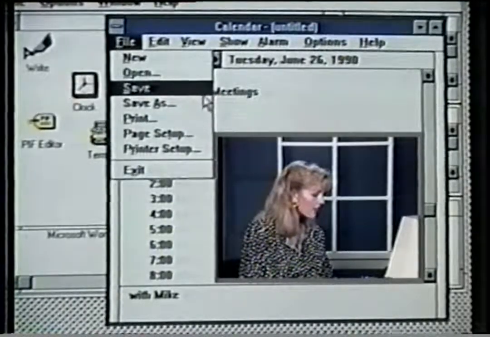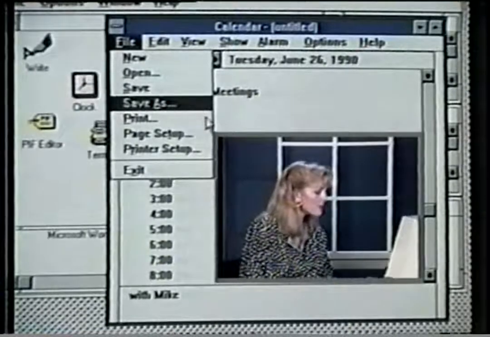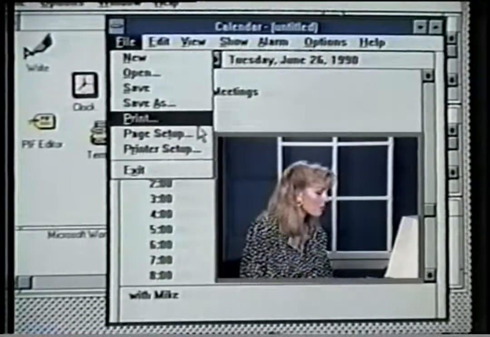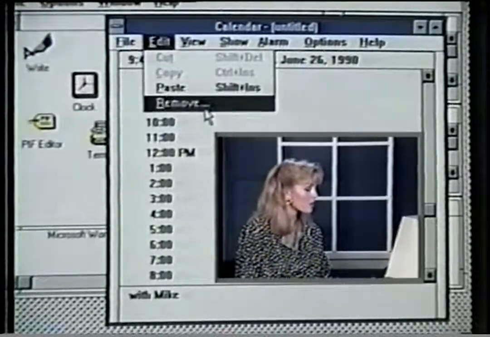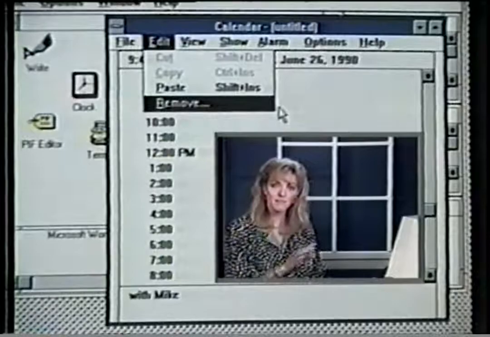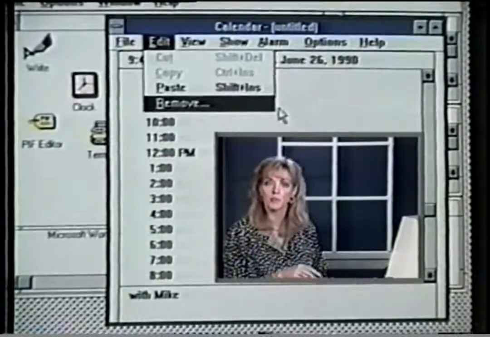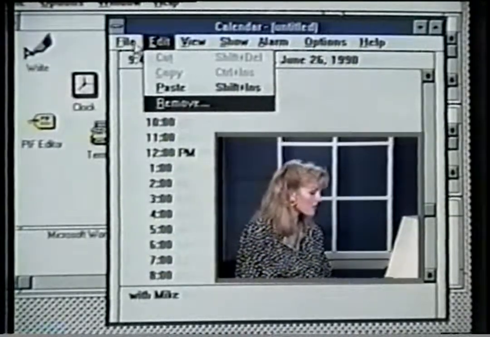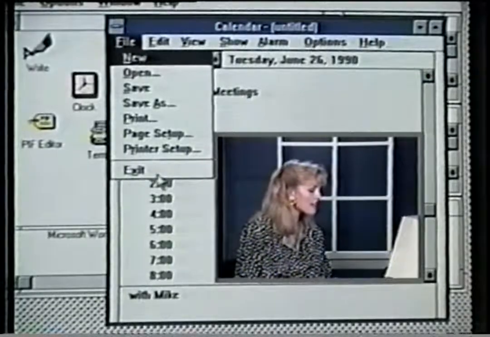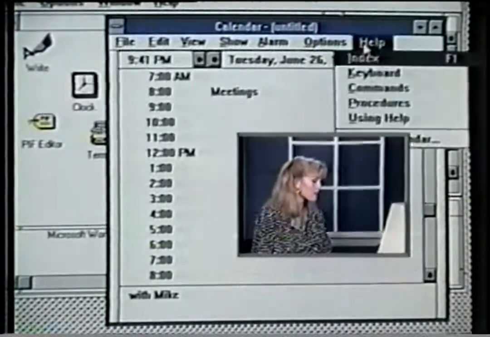The Save and Save As commands save a calendar file. The Print command makes a printout of appointments. The Remove command removes a range of dates from the computer's memory. This is a quick way to remove old information and keep plenty of room on the computer's disk for new dates. Just like their counterparts in the Calculator application, the Exit command quits Calendar, and About Calendar displays program